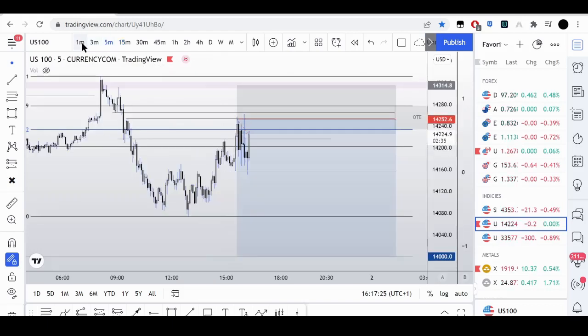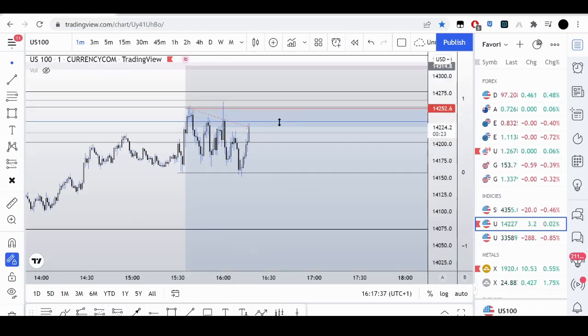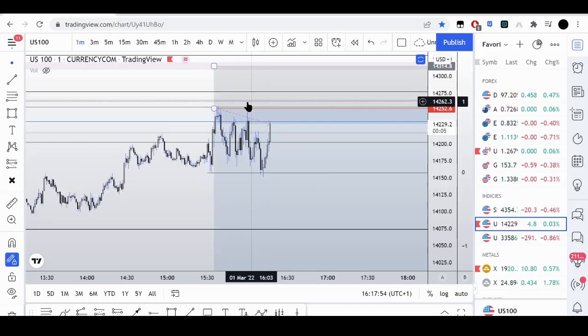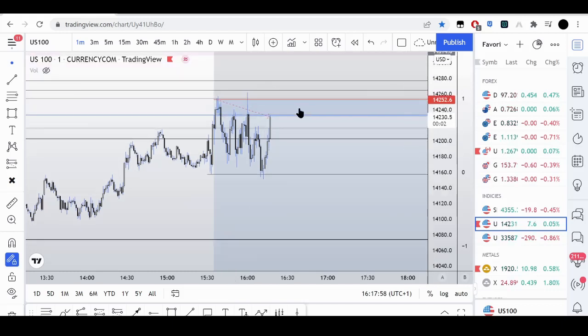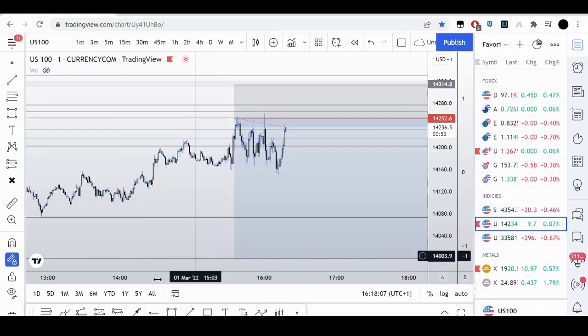I don't like the delivery. This is horrible delivery right here. But you can't let this scare you out of the trade as well. Now if it starts playing around and ranging, then yeah, but we'll see what happens. We're running this high right here, and we're gonna work this whole up candle right here. Hopefully we don't break above that. If we do break above that, it doesn't break my bias until I get stopped out, right? But I think it's more favorable to hold this. But I know that if it does take out this high, it can still just go crazy. All right, so I'll update you guys.